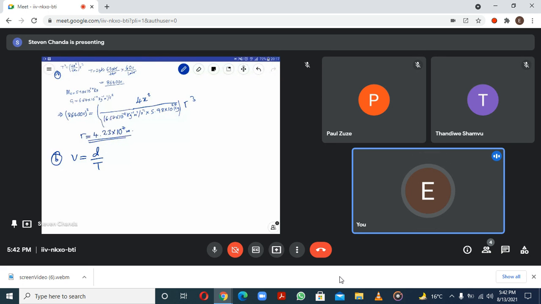So then we use this equation, and we know that the distance we are talking about is the circumference, okay? The circumference around the structure, which in this case is the Earth. We know that that circumference is the same as 2 pi r. So we just change that d to 2 pi r, and once we have got this, it's a done deal. We write our 2 pi, then the r that we found on top,